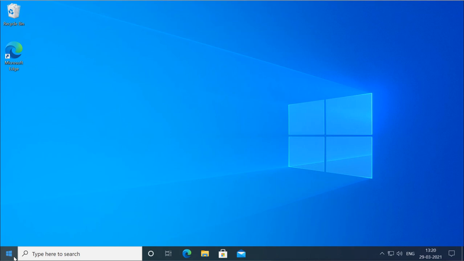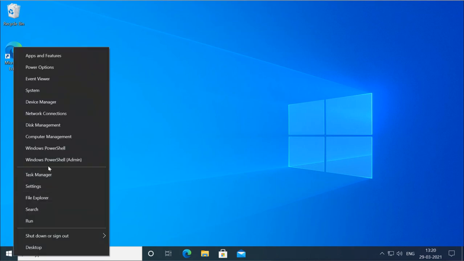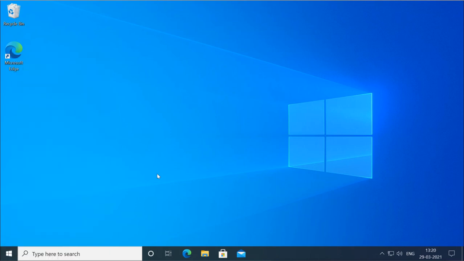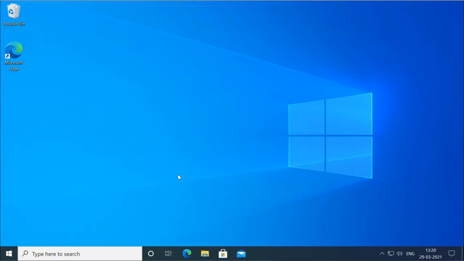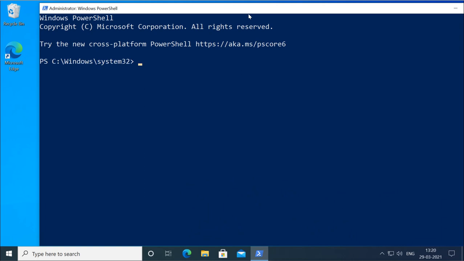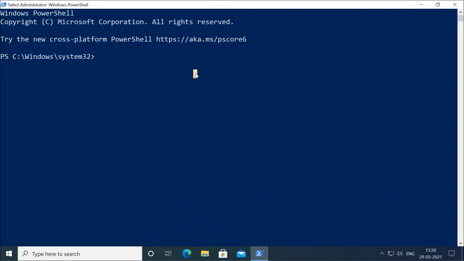And also we can check using the PowerShell command, Get-WindowsOptionalFeature with the online parameter.